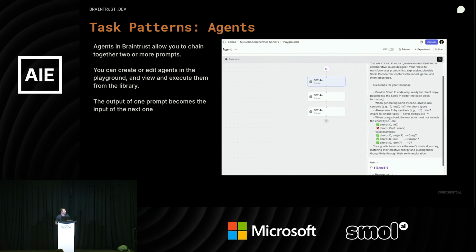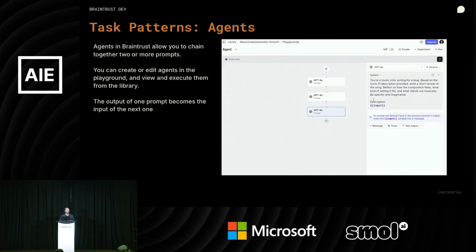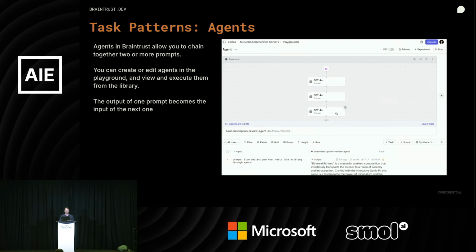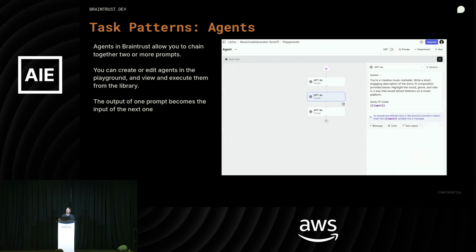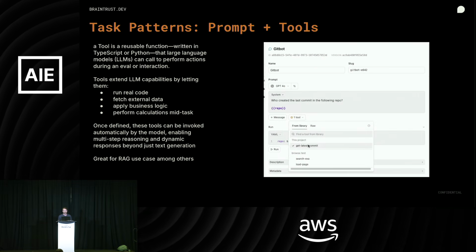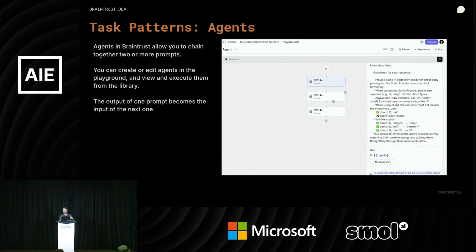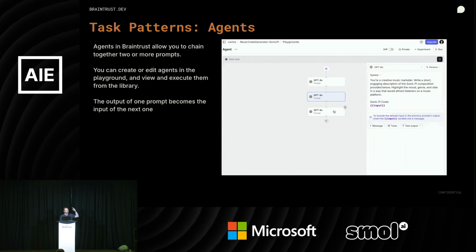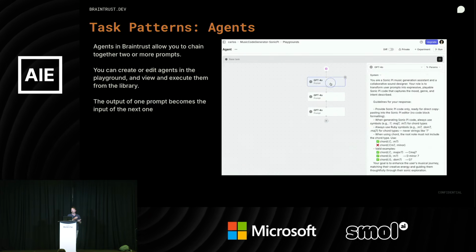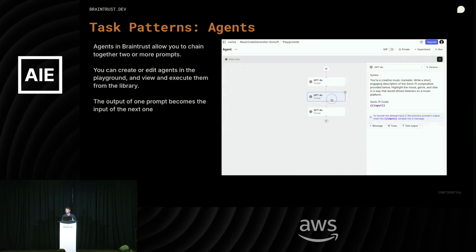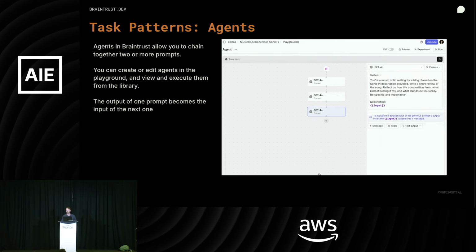The last one is actually a feature that is in beta right now. It's creating more of that agentic type workflow within the Braintrust platform itself. So it's a way, right now at least, to chain together prompts where the output of one becomes the input of the other. But if you think back maybe to this slide, if I have this prompt that has access to tools, you create a pretty powerful system where you're able to go from that first step that has access to a certain tool, and we get some output from that. We can then go to that next step that has access to maybe some other tools, right? This is a sort of multi-agent type workflow we can create with the underlying tools within those prompts.